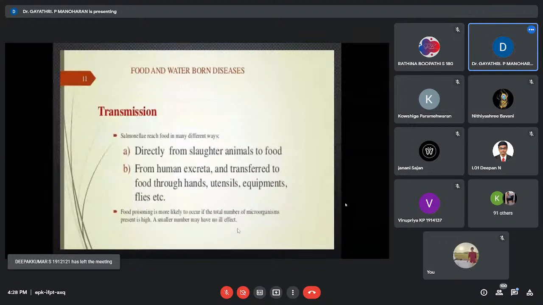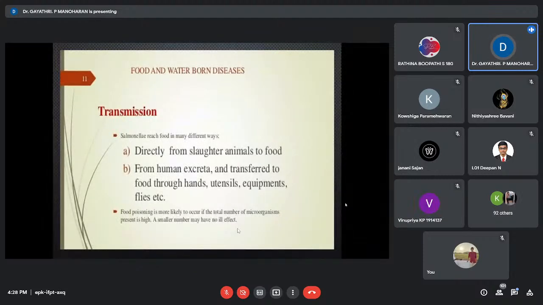See, not only from the food, this food is contaminated in many ways, like we already told, from the hand of the handler. If the person is cutting meat and the hand is not properly washed, the microorganisms on the hands can attach to the meat. And utensils means the plates or basins which you are using for washing or cooking, if they are not good, they may also contribute to the contamination. Okay,